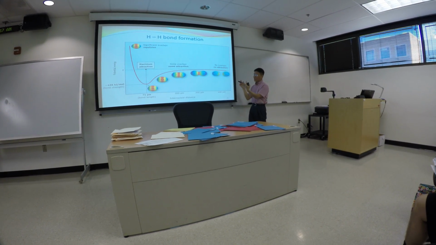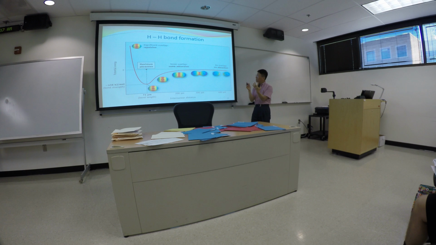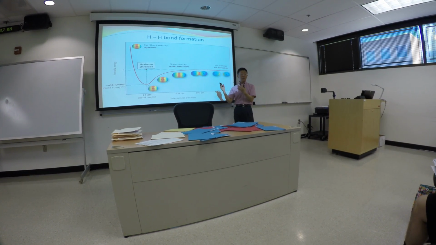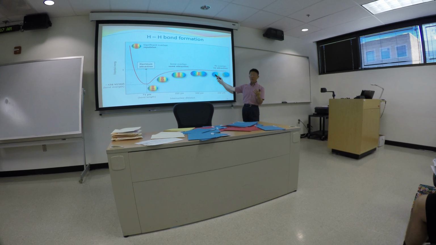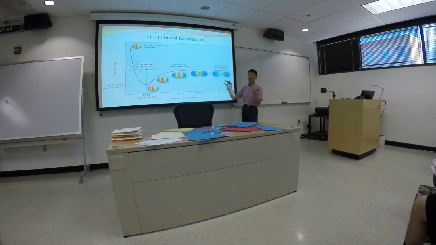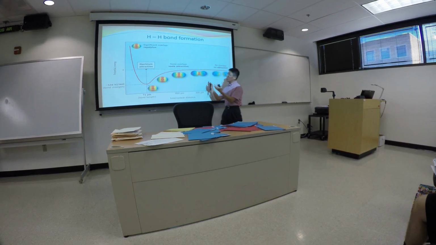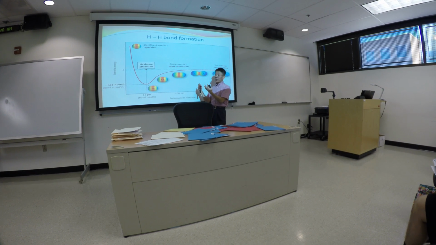If you put those two hydrogen atoms closer to one another, they start to get attracted, because here you have a positively charged proton, and you have electron clouds. So the positive is being attracted to the negative, and the positive is being attracted to the negative. So they tend to get attracted to one another, they tend to get close to one another,